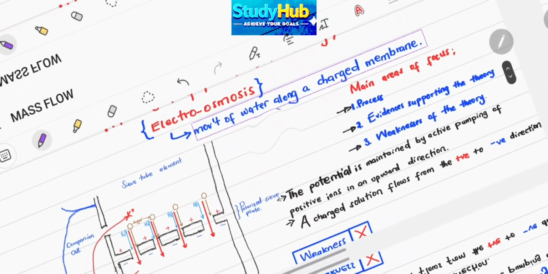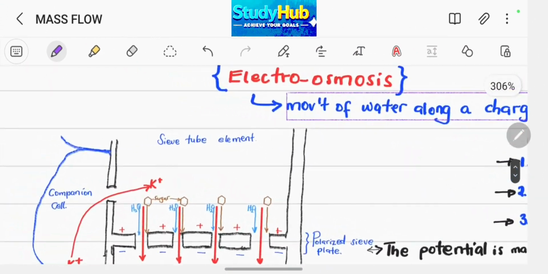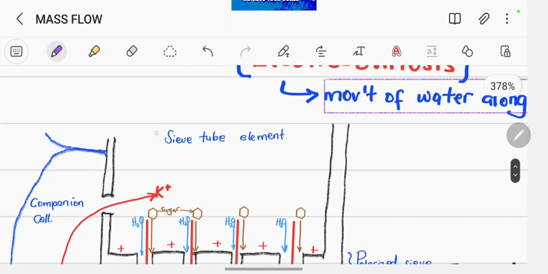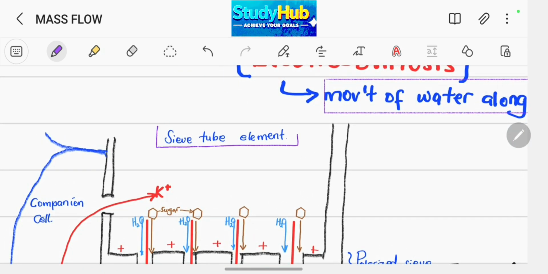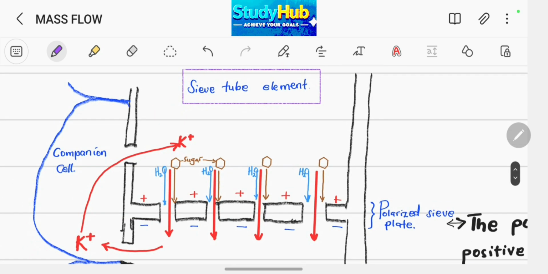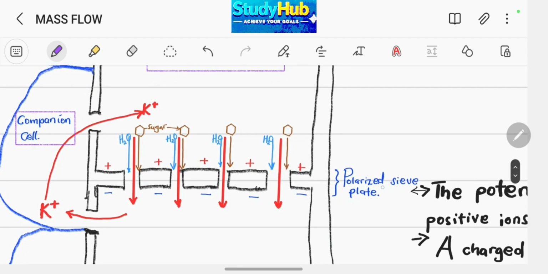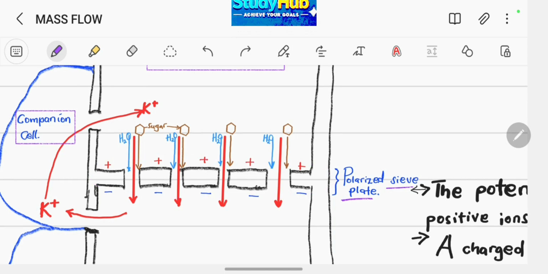We have our illustration, and within this illustration we have the sieve tube element. Then we have the companion cell, and we have our sieve plate there. The sieve plate is this boundary there. Then,